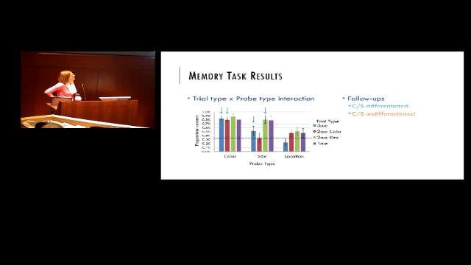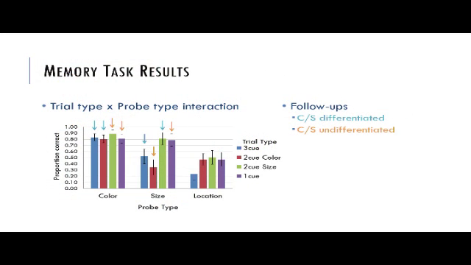So we can compare that with the same contrast but in the other direction. When it didn't differ in the memory array, did that help or hurt performance when that was the probe dimension? So when size was probed but did not vary in the memory array. That was like the example I showed you with the soccer balls. The soccer balls were all the same size, but you were probed on the size dimension. And then for location, we just looked at the location probes all together to have the same number of trials we were looking at in these different comparisons. So what we did is we took these 3 different